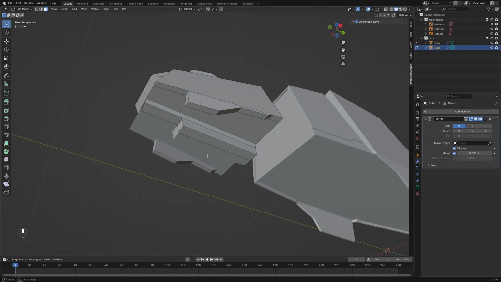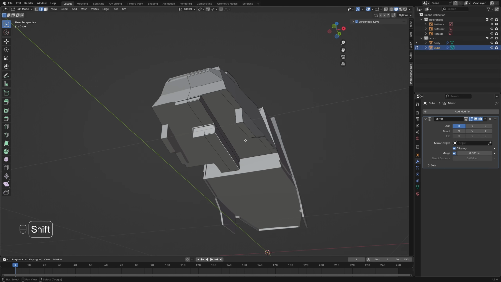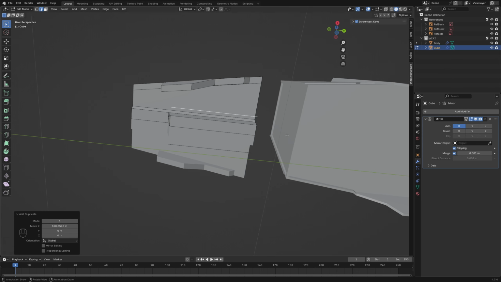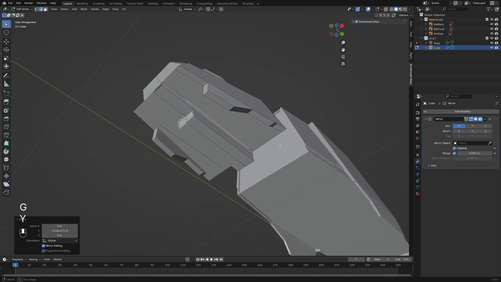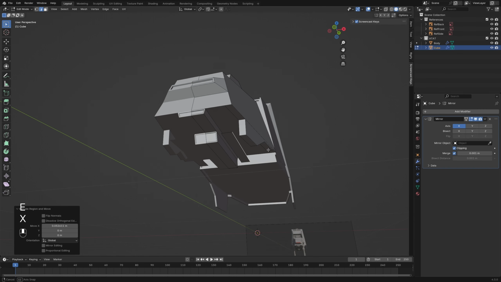And now we need to do a little bit freestyle. I select this edge here, with Shift D we duplicate it and we press X to move it out, and with GY we bring it forward, and with EX we extrude it to the side,